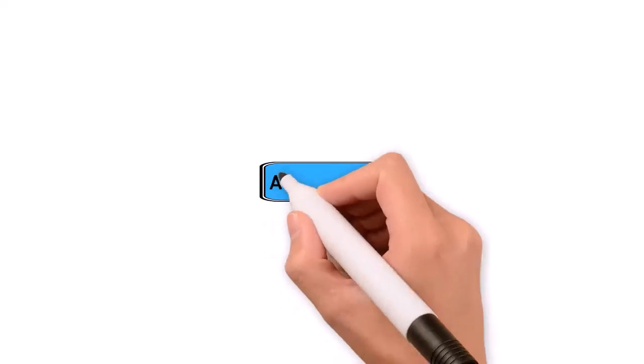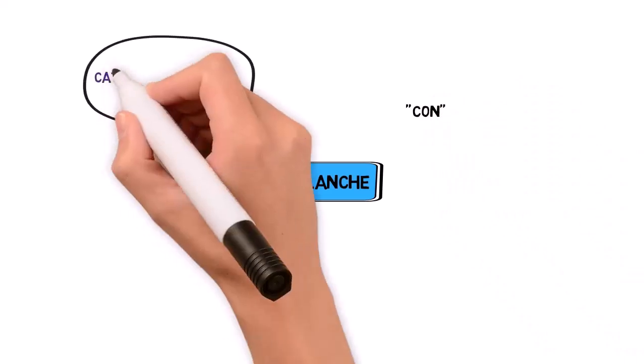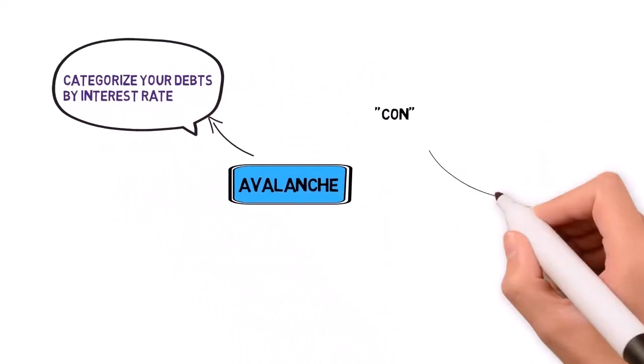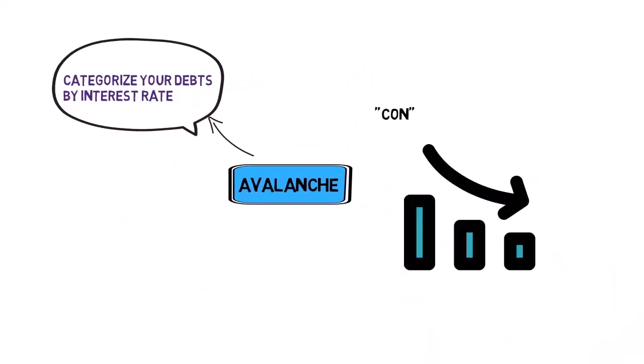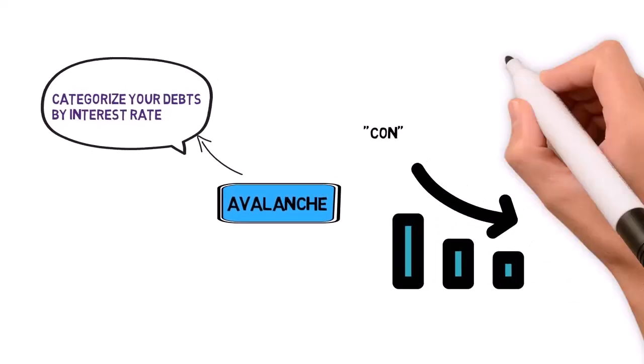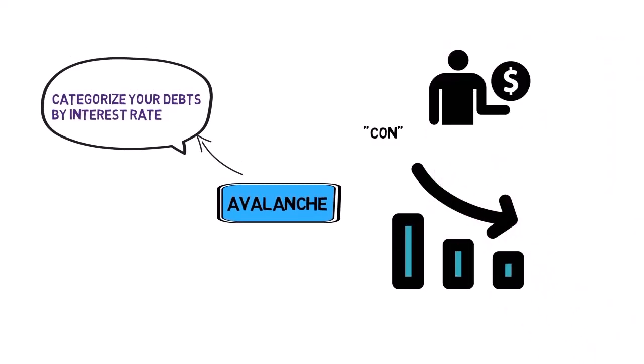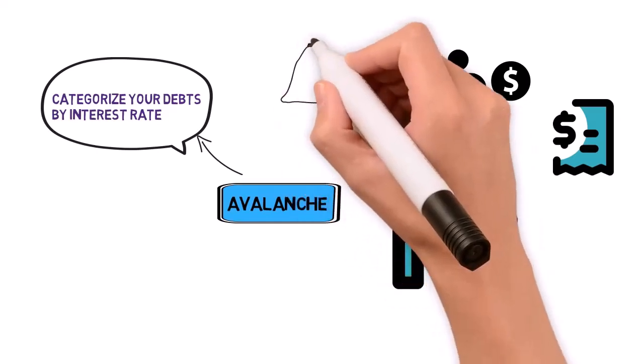Let's continue. The Avalanche approach tackles the most significant con of the snowball method. The Avalanche technique instructs you to categorize your debts by interest rate rather than least amount to most amount. You would first sort your debt from the highest to lowest interest rates and attack the debt with the highest interest rate. Like the snowball strategy, you continue to make minimum payments on all your other obligations while transferring what you put towards the first bill to the next highest interest rate debt until they are all paid off. This strategy is tactical, and it will save you both time and money.